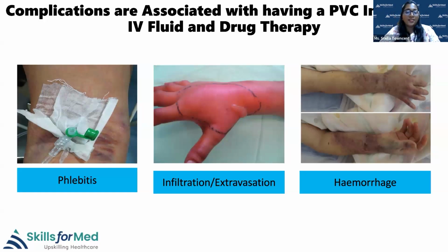Those are vesicant fluids. Yes, sir. Okay. Phlebitis, so, yeah, thank you, sir. And the phlebitis, most of the candidates have this confusion: what is the